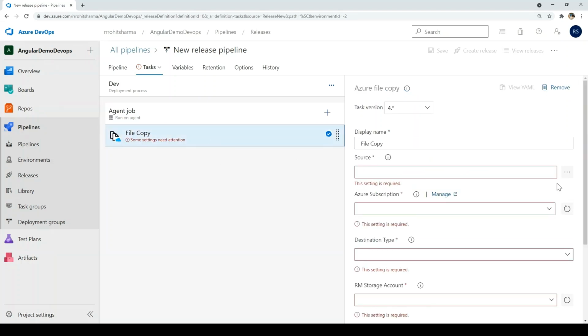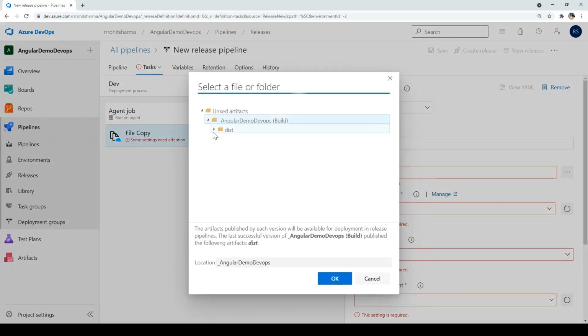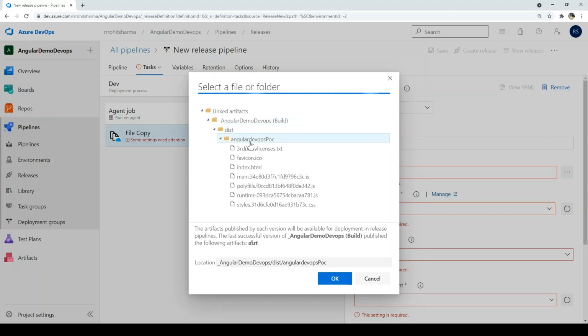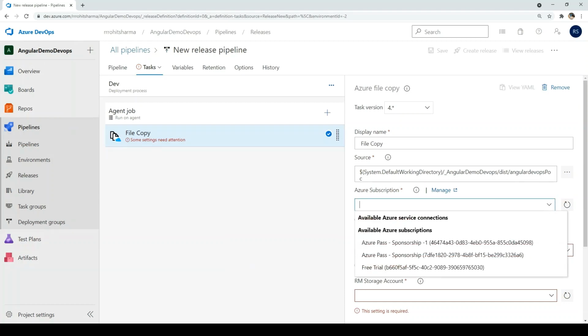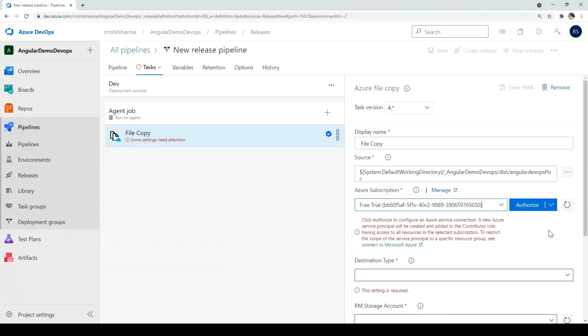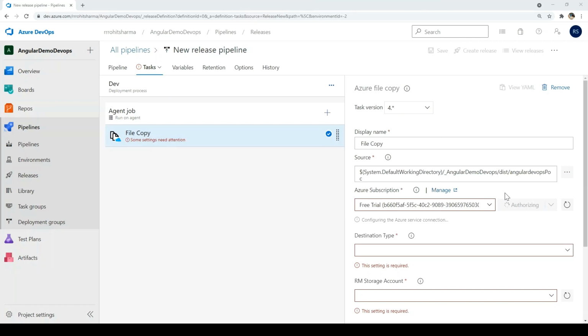So first is the source. Source is a place where we have added the files during the CI. Then select the subscription. You need to authorize. Once you authorize your account, you need to select the destination type.